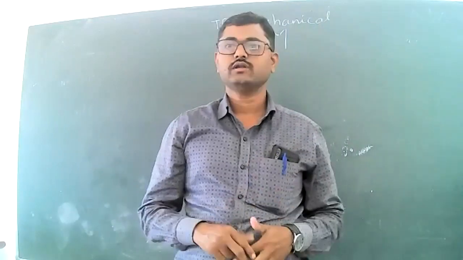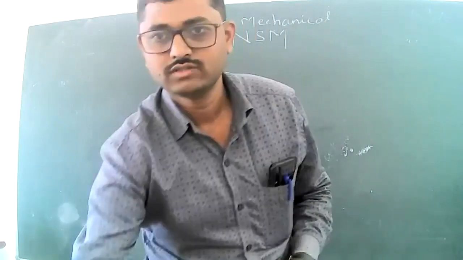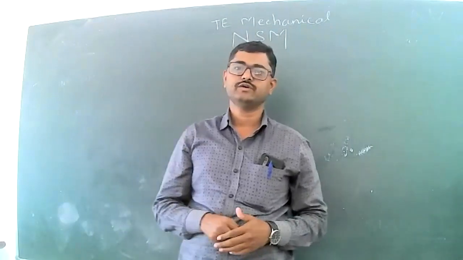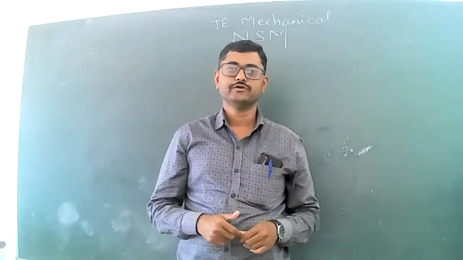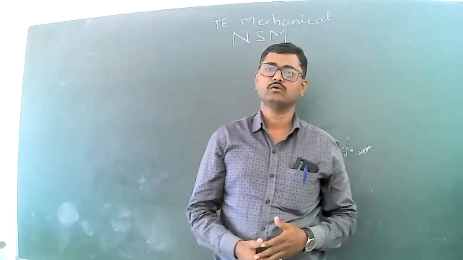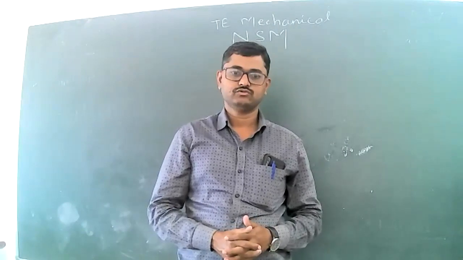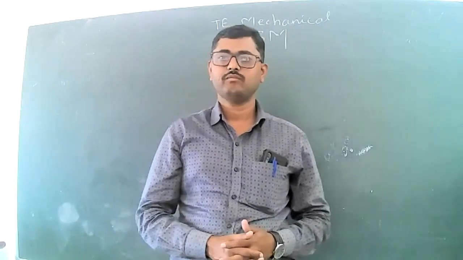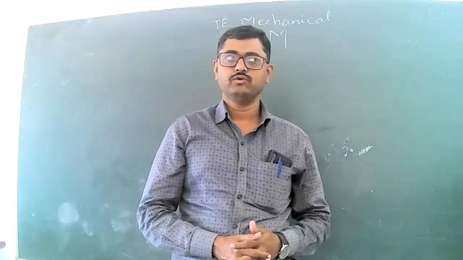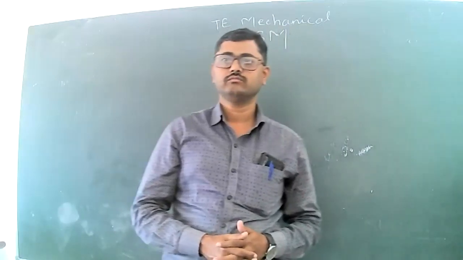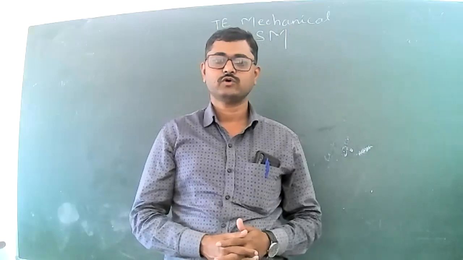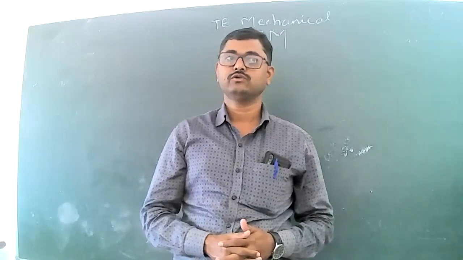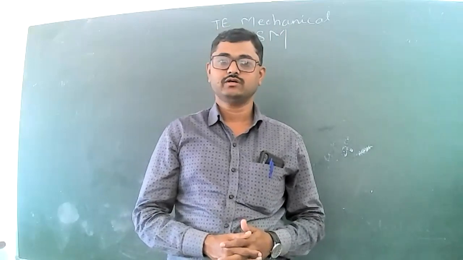Today, I would like to explain the next method from the subject NSM, from unit number 1, that is roots of equation and simultaneous equation. In the previous lecture, we covered the bisection method. In this unit there are two parts, part A and part B. Part A has two methods, bisection method and Newton-Raphson method, and we have to solve numericals based on them. Newton-Raphson method is also called a bracketing method.